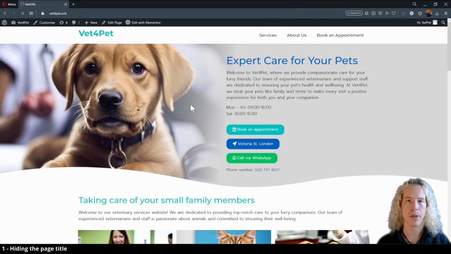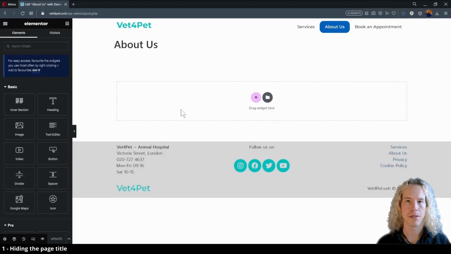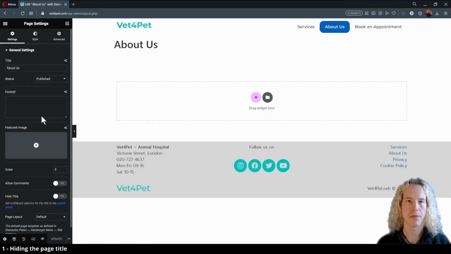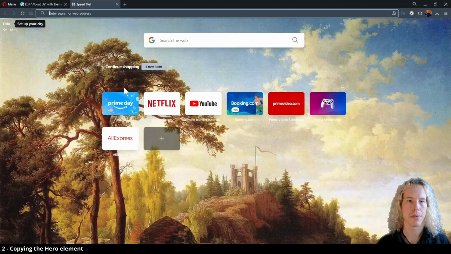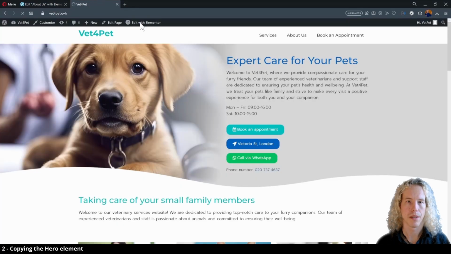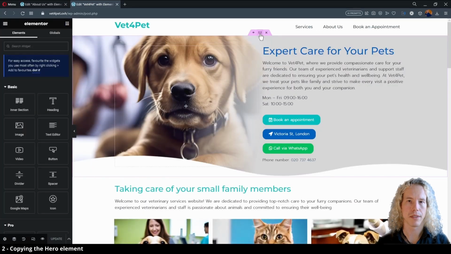Let's open the About page and select Edit with Elementor. Next, we can hide the default title from the bottom left corner. Then let's also open the home page in Elementor so we can copy the hero section to our new page. Click on the top bar of the section with the right mouse button, and on the new page, paste in the